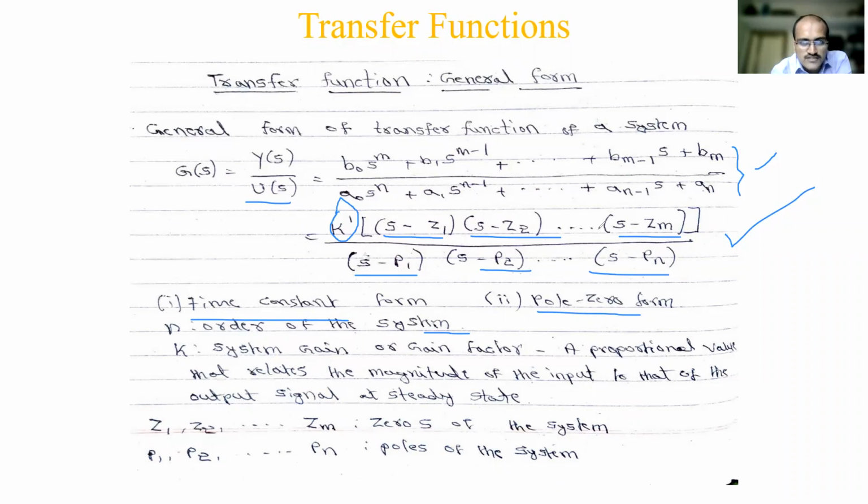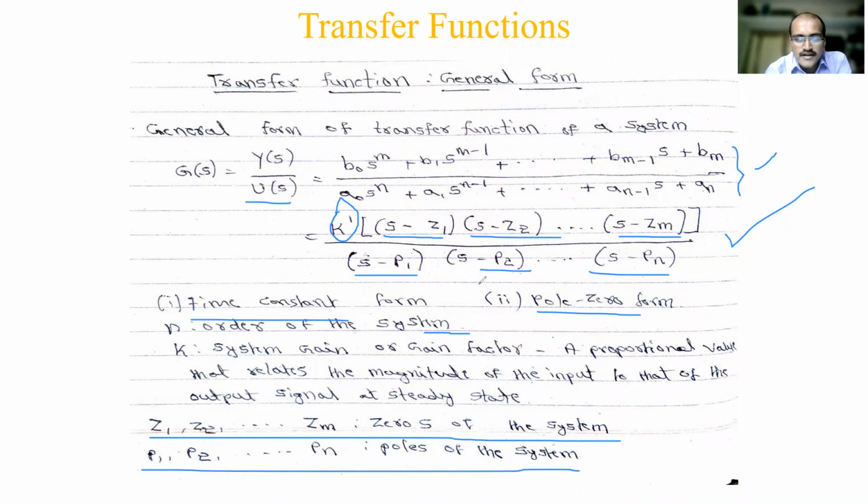Then I have used the terms Z1, Z2, up to Zm. They are called the zeros of the system. They are nothing but the roots of the characteristic polynomial in the numerator. And P1, P2, Pn are the poles of the system. They are also roots of the characteristic polynomial in the denominator part. Just before, I showed you one transfer function, 1 by S square plus S plus 1. The denominator has a second degree characteristic equation. If you find the roots of that, you get some roots, and those roots we call poles. In the numerator you have just one, so no zeros are present. One is nothing but the gain there. So that is the idea of poles and zeros.